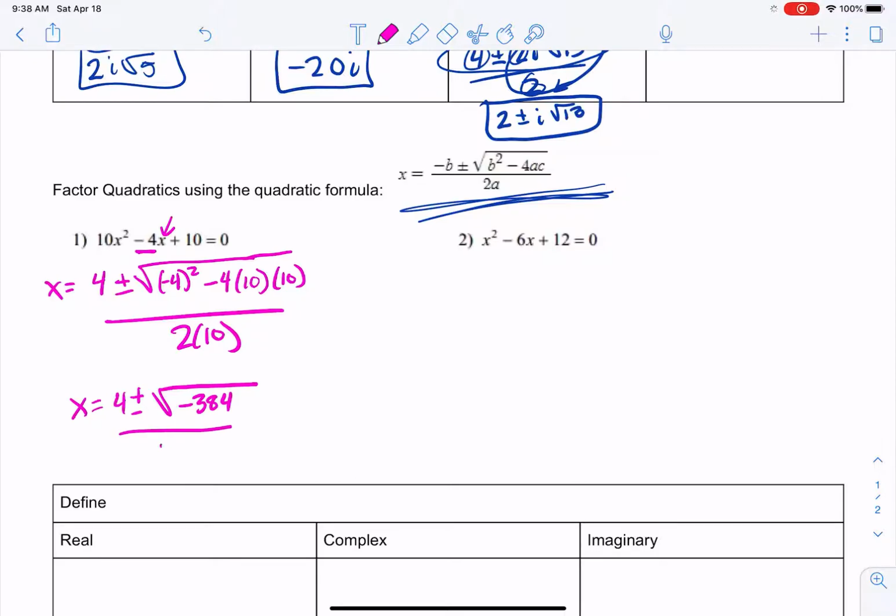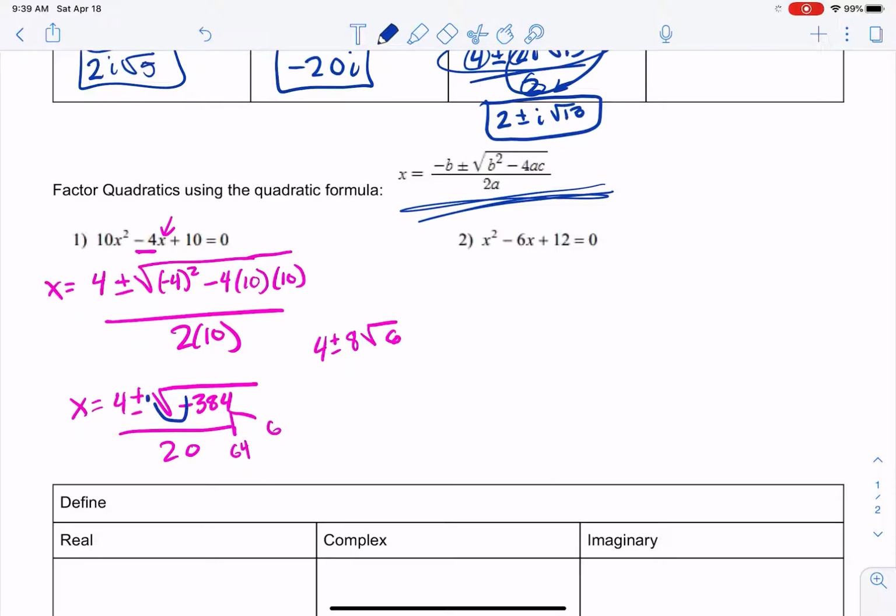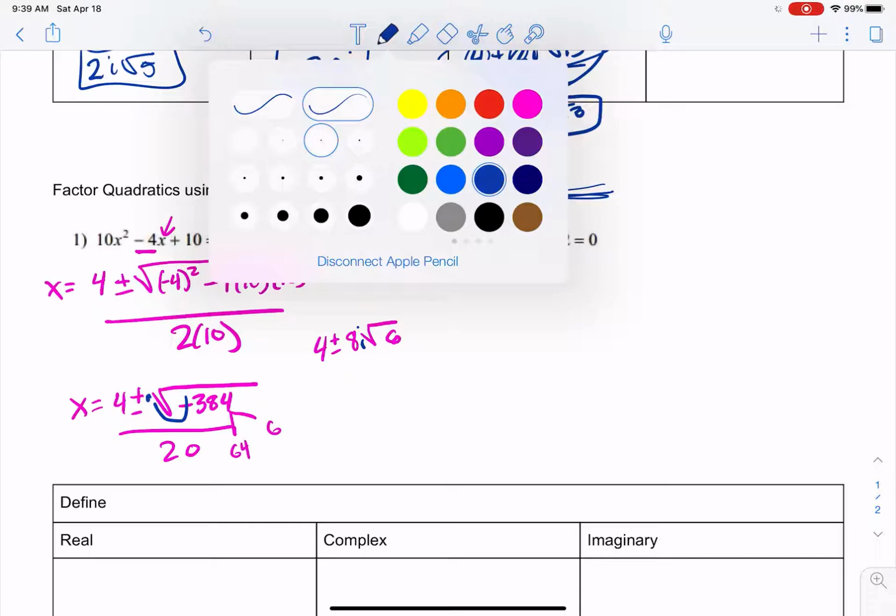-384 all over 20. Okay, this is where you kind of guess and check, but I tried 64 and it worked. So 64 is the square root of 8. So this becomes 4 plus or minus 8 root 6. What's left over? Oops, what did I forget? Most importantly here, don't forget to take that i out. So we also have an i here. And then